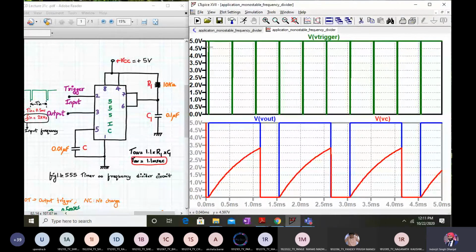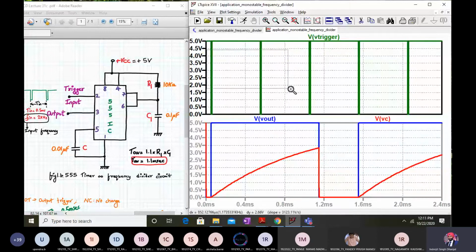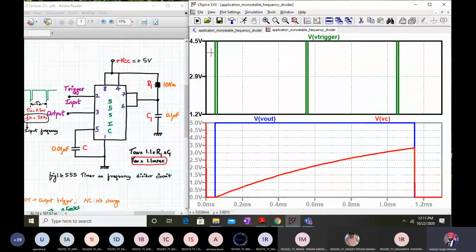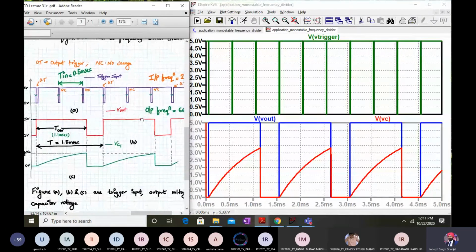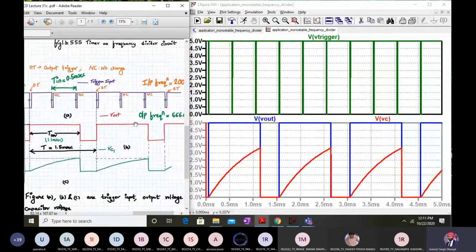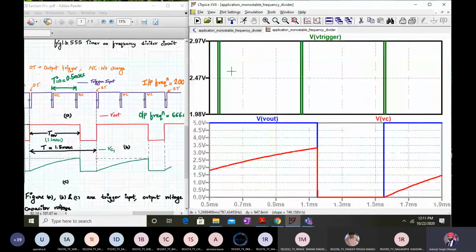Let me explain, these are not blocks, these are just negative going pulses. Let me expand and show it to you. See, these are very short duration pulses. You remember, we require short duration pulses only as trigger pulses. So let me just show you from here. Concentrate, you can see the waveforms over here. Let me first tell you how my input frequency is 2000. So that means one time period over here.